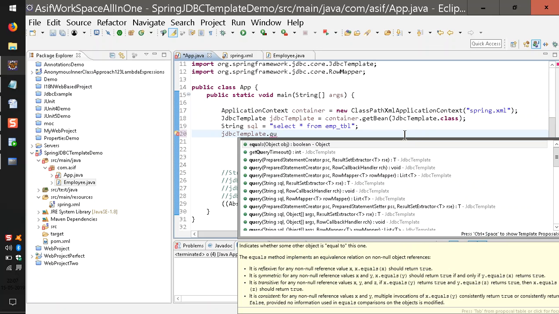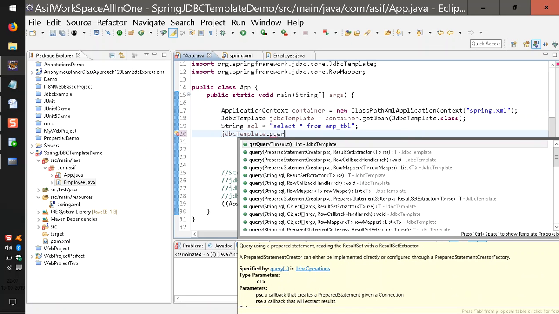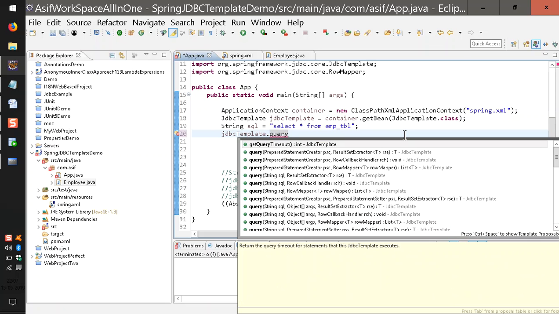When I say query, I have many overloaded methods, so I need to decide which one to go with. As I'll be getting a number of records, that is the ultimate list of records, I will go with the RowMapper. If I need to get only a single record, examples like max of a particular column or max of star, to find out the number of rows and all those things,